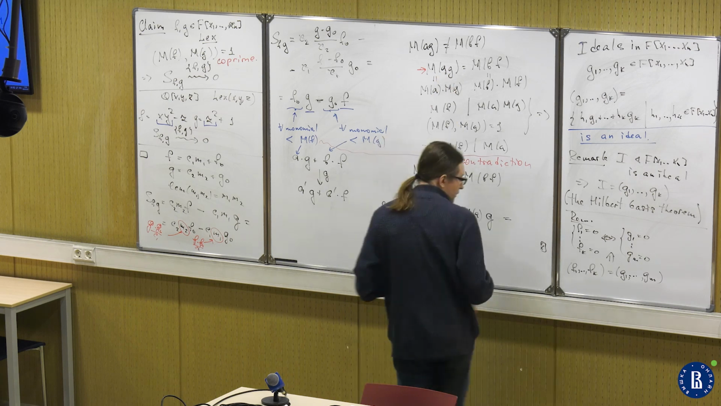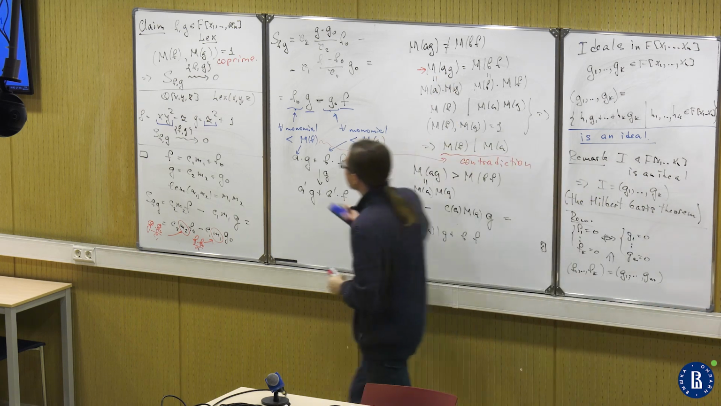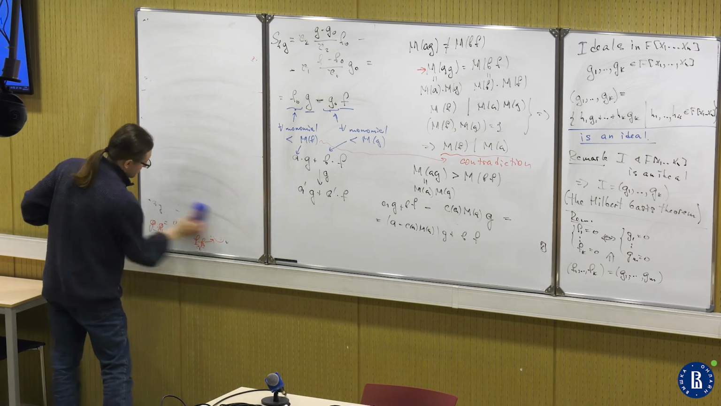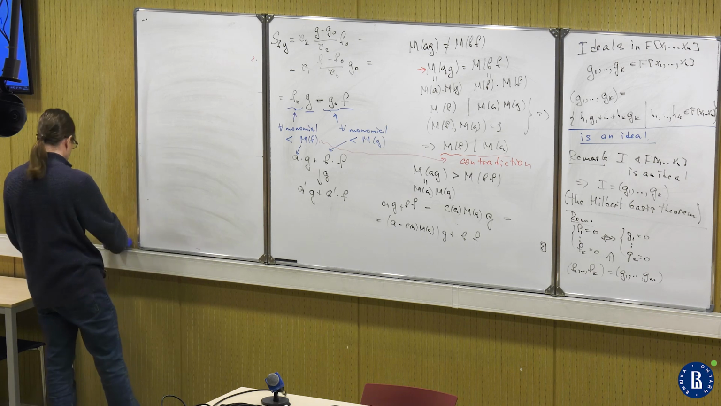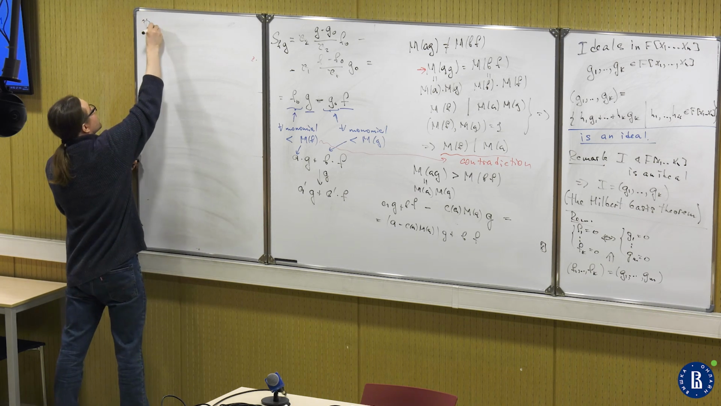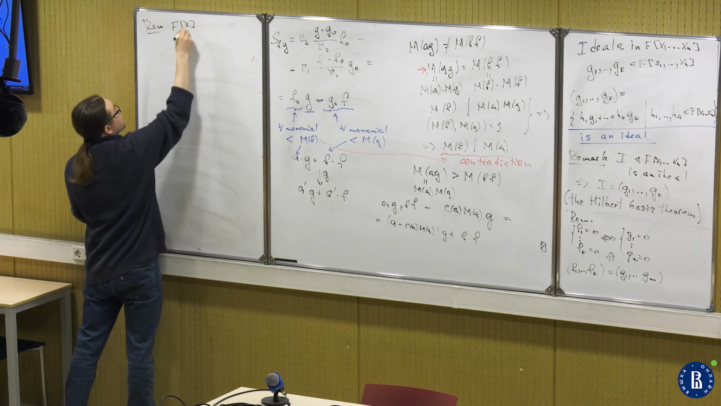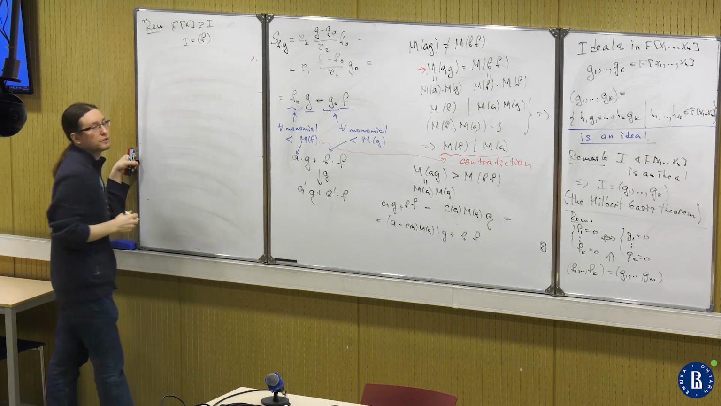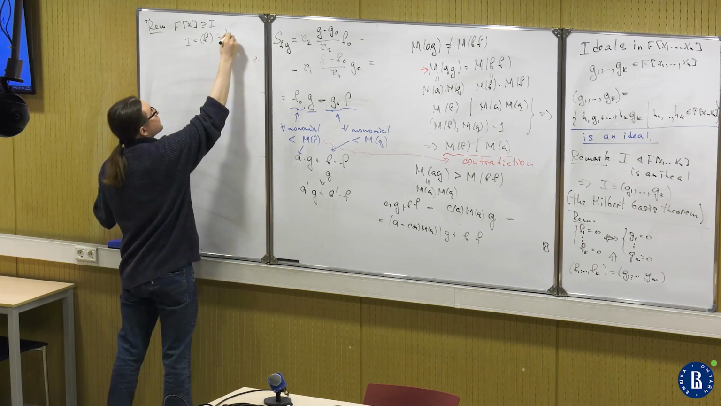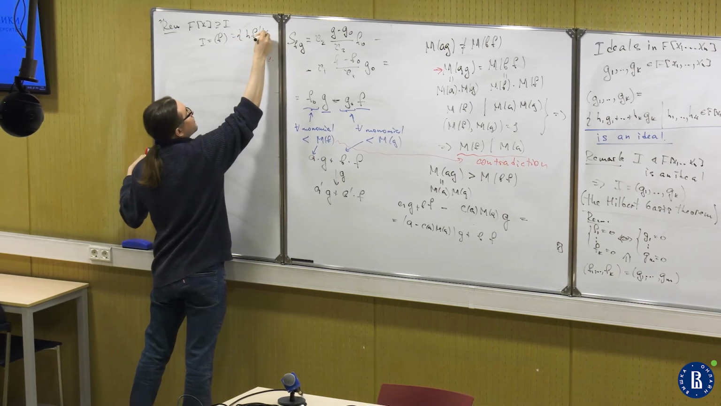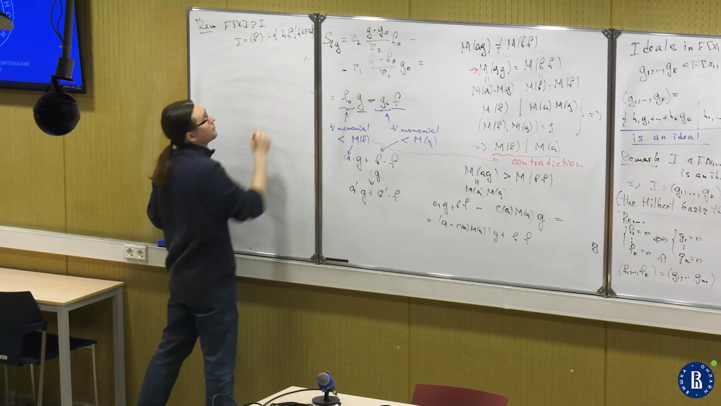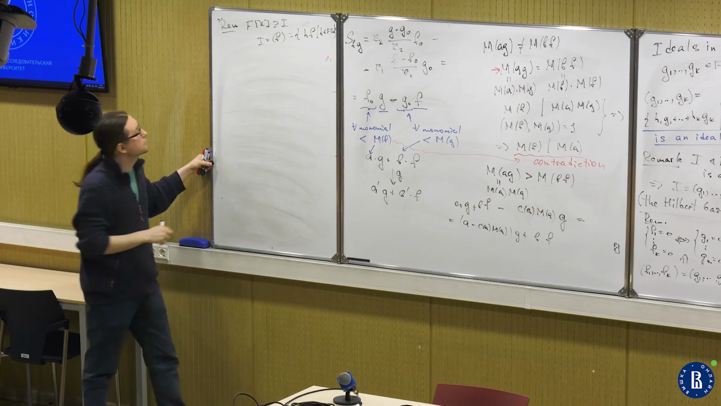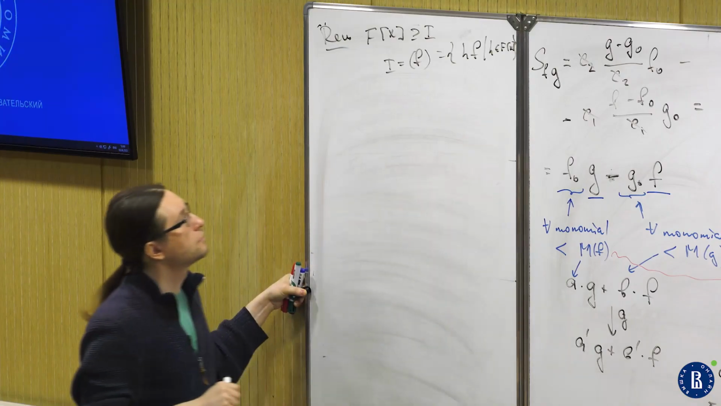So let me recall. If we have a polynomial ring with one variable, and we have an ideal here, then the ideal is generated just by one polynomial f. So it consists of all polynomials divisible by f. Okay? And now, if you want to solve a problem regarding this ideal, it's enough to know how to divide